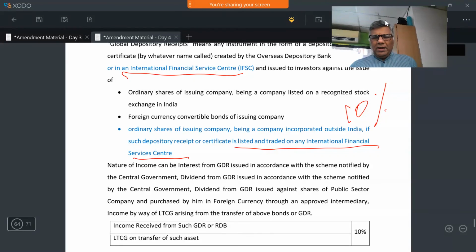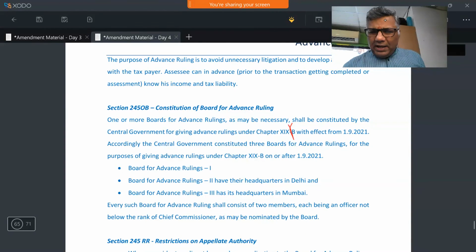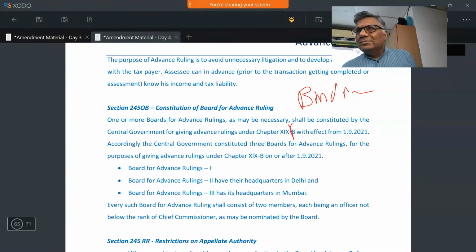If I can directly come to the question of advance ruling, previously advance ruling was binding. Now advance ruling can be appealed. Earlier, you could not appeal an advance ruling, even though I had voluntarily gone and got it. Now advance ruling is appealable both by the department and by the assessee. Directly go to the High Court, because advance ruling is equal to ITAT.